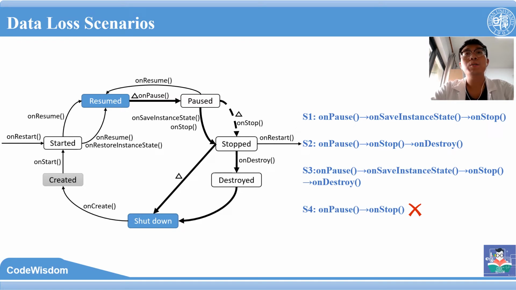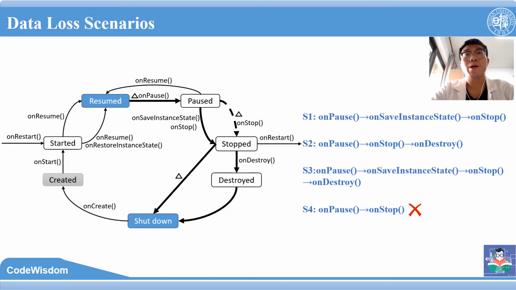However, according to the Android documentation, the onStop callback method marked by the dashed line occurs only when the back button is pressed. Subsequently, the onDestroy callback method is called. Therefore, S4 cannot occur, and only S1, S2, and S3 can occur